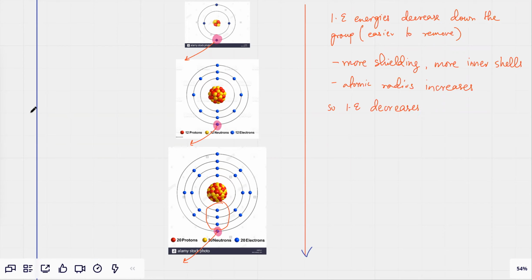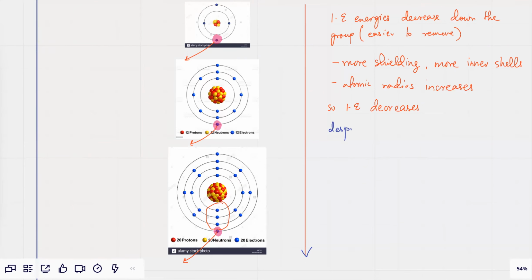There's one factor that actually goes against this. What is that one factor? When you move down the group, obviously the electron is further away and more shielded. So, because of these two factors, it becomes easier to remove electrons. There's one factor that actually goes against this. What is that one factor? That is because when you move down the group, you've got more protons. Over here, you have fewer protons. In calcium, you've got 20 protons. That's a lot of protons. So there's one factor that does the opposite because you've got more protons, so the electron must be more strongly attracted. But since two factors are opposing this fact, ionization energies decrease, but you have to state